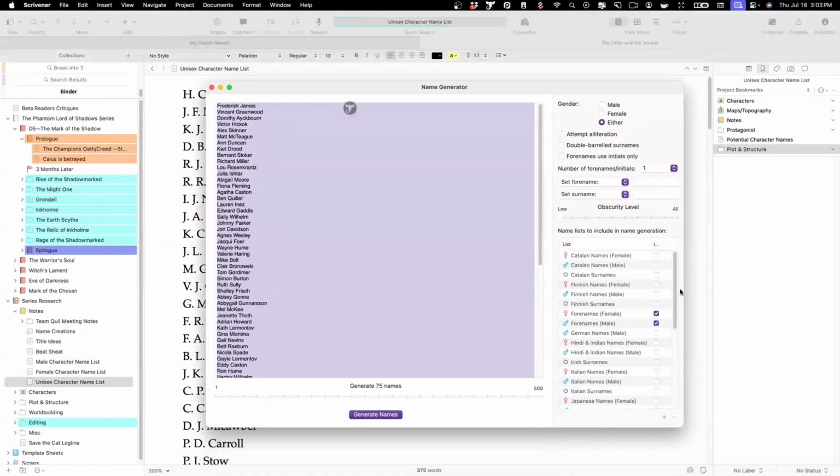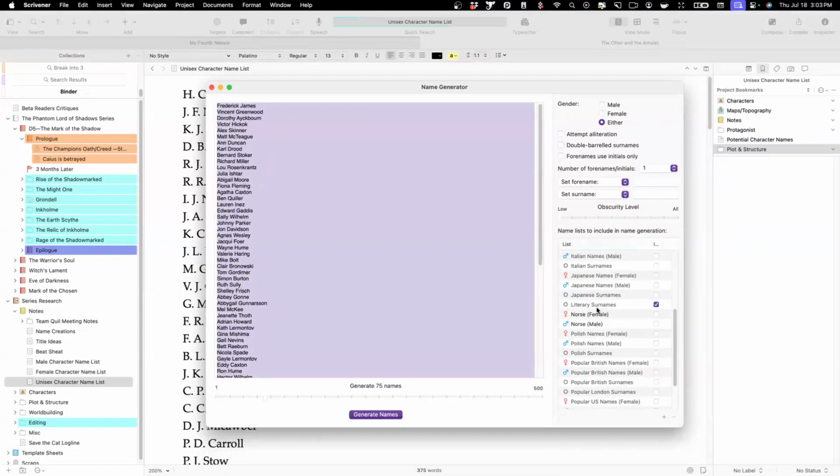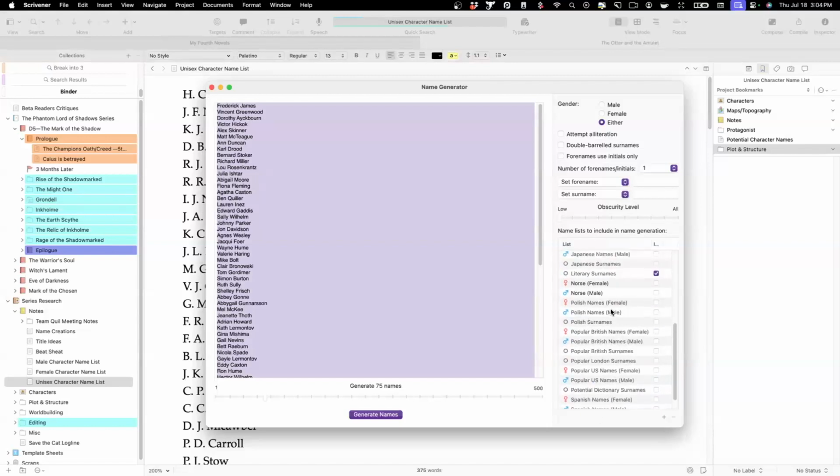Okay, looking good. Now we can come in here. We can just select different lists. There's popular British names, Polish names, Japanese names, Finnish, Catalan, all sorts of fun stuff here. Or we could even come in here and do what I did. At the time I was really interested in Norse mythology. So I brought in a bunch of names from that culture, from Vikings and things like that. And so just to give you an idea of how you might go about doing that, okay,